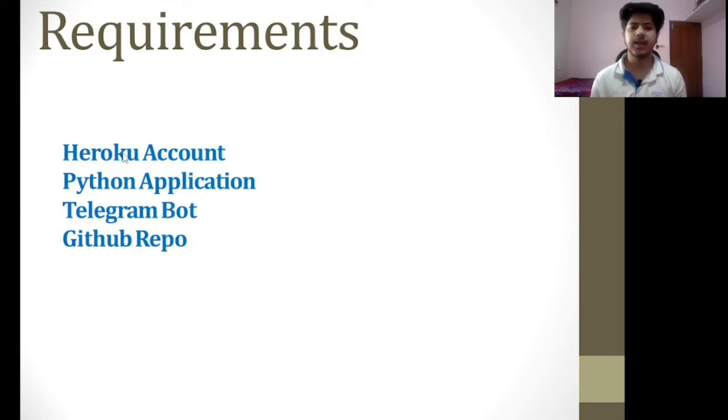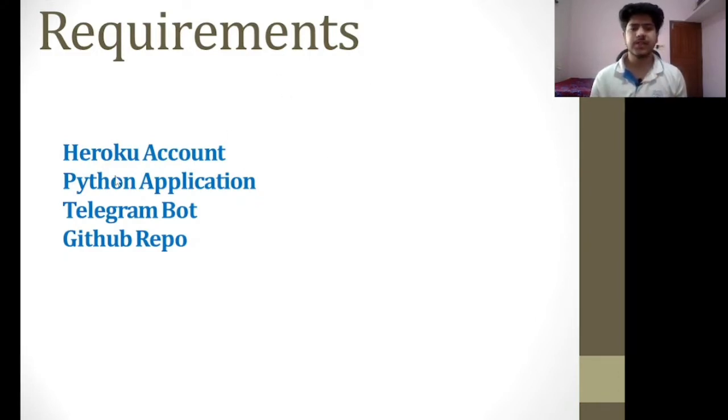In Heroku, if you want to deploy an application, there are basically three ways to deploy. One is using your GitHub repository. The second one is using the Heroku command line interface, and the third one is using containers. In this particular tutorial, we are going to use a GitHub repository to deploy an application. So let's see one by one.